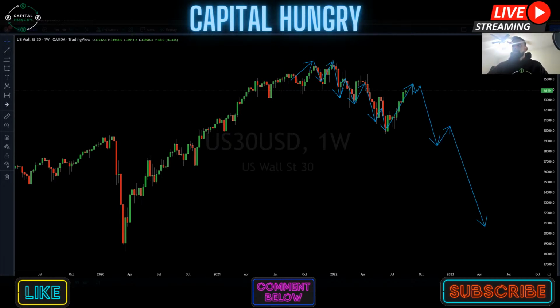Unless US 30 is actively trading well back above 34,500 or 35K, I see this as the last dead cat bounce and bear market rally and squeeze to really just be generating more sell-side liquidity before turning back bearish again